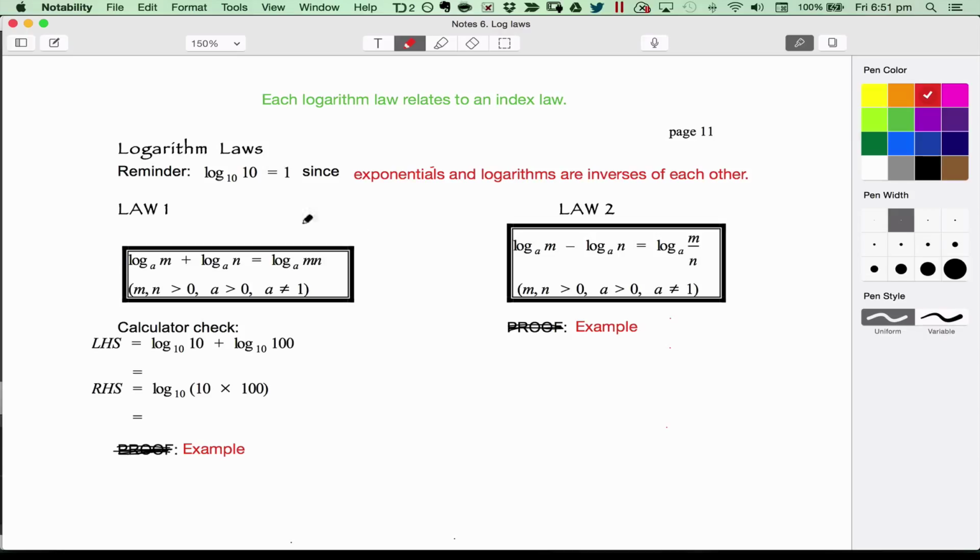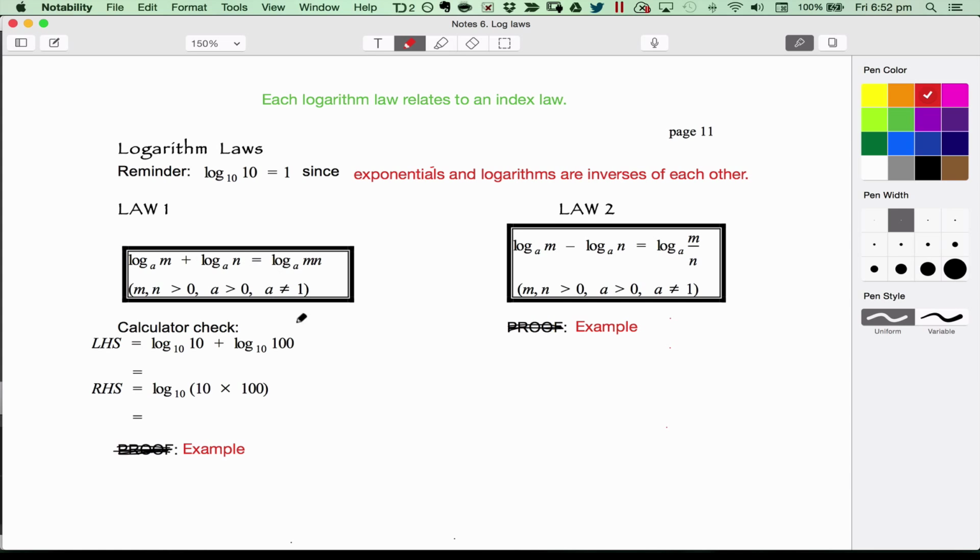The first law that we've got here states log to the base a of m plus log to the base a of n equals log to the base a of m times n. Now all this stuff down the bottom here is just some information for you. m and n must be greater than 0, so they need to be positive numbers. a needs to be a positive number and a can't equal 1. So your base can't be a 1 and pretty much all these numbers need to be positive for this law